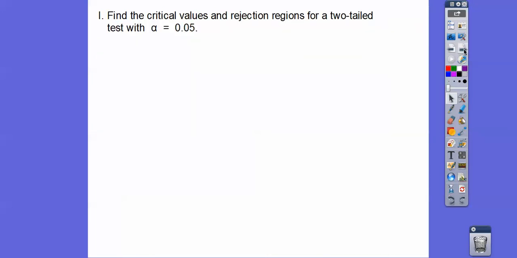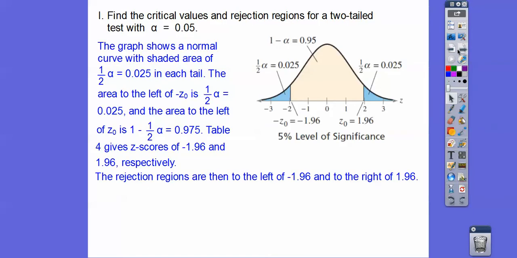So find the critical rejection regions for a two-tailed test at 5%. Okay, so 5% means that both of them count for 5%. So this is half of 5% or 2.5%. So look up 0.025 and you'll see a z-score of negative 1.96. And look up